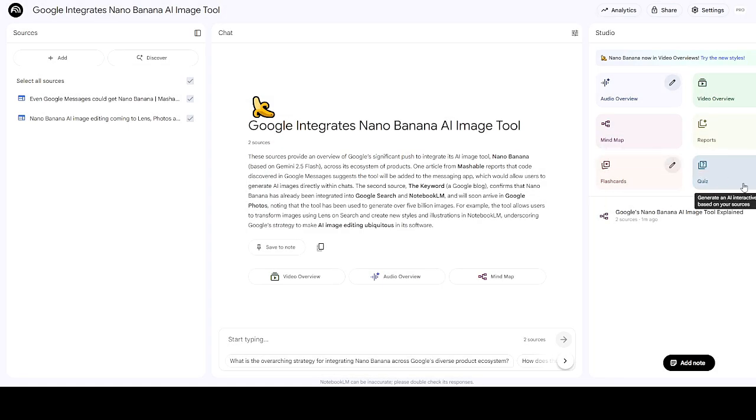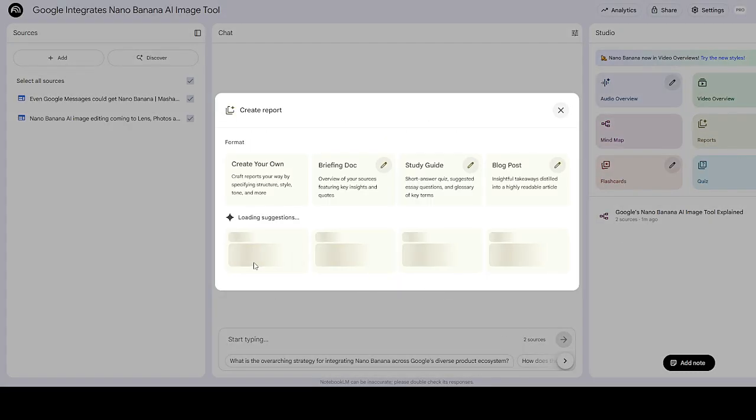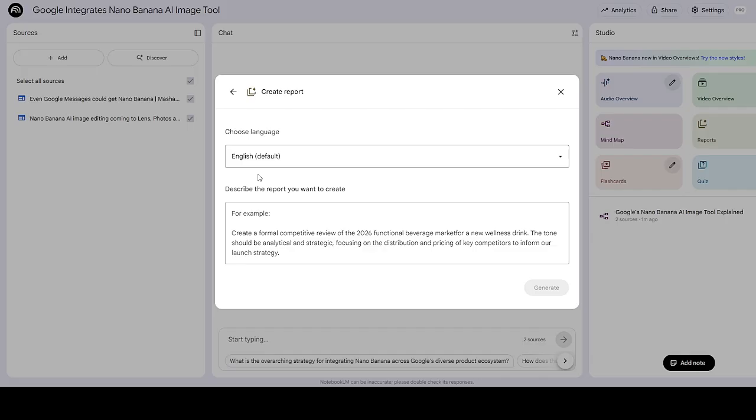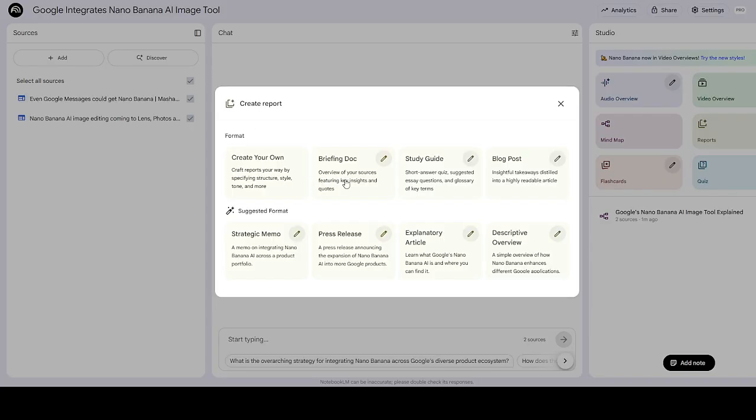So that's just that. If you want to do reports, you can also click here to generate reports. For instance, the subject that we have, the Nano Banana subject, if I want a report of it, I can just easily click here to generate reports. And for the report as well, I have options. If you want to create your own report, you can just customize it by typing the areas that you want NotebookLM to focus on while writing the report for you. And if you want to go on the default setting, you can just ask